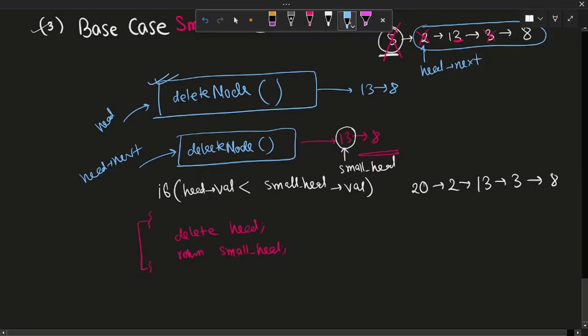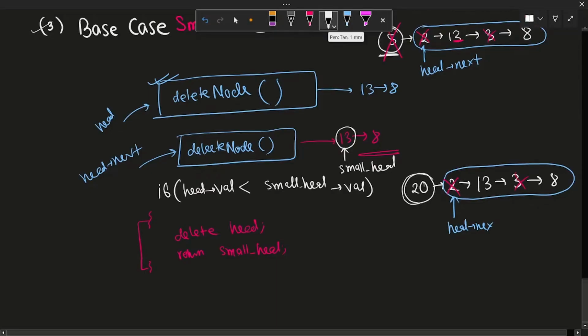Now we assumed a function that does the work, then we break a bigger problem into a smaller chunk. This is the smaller chunk. We pass head next, and the function deletes 2 and 3, returns us 13 and 8. But we have to take account of this 20. Now 20 is bigger than 13, so we'll have to include 20 to 13 and 8. 13 is our small head, 20 is our head. So if head value is greater than small head value, what we will do is